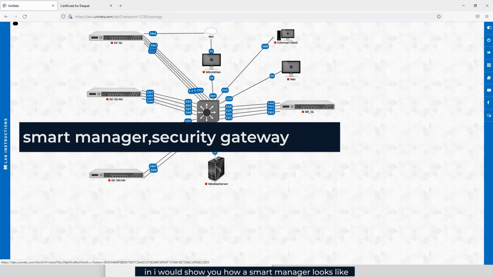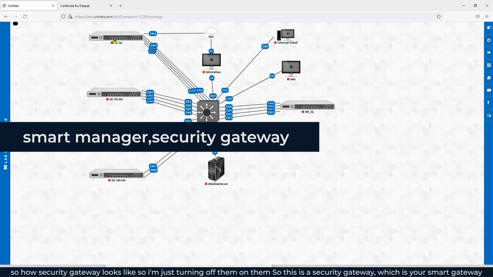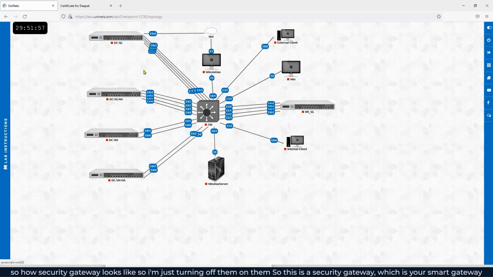I will show you how a smart manager looks, and how a security gateway looks. So I'm just turning them on.